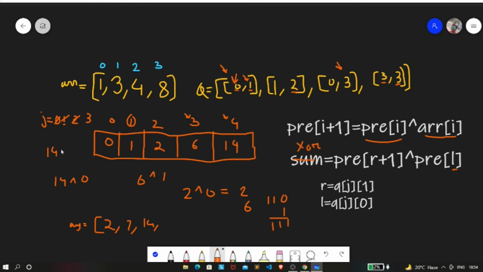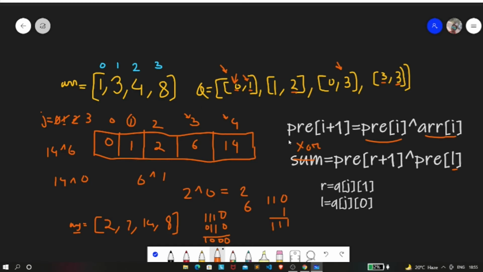So 14 XOR 6, right? So 14 is nothing but 1110, okay? And our 6 is 110, okay? So if we perform this operation, this is going to be 0, this is going to be 0, this is going to be 0, and finally this is going to be your 1, right? And hence we'll be getting 8. Okay, so that's how we get this answer using prefix sum,